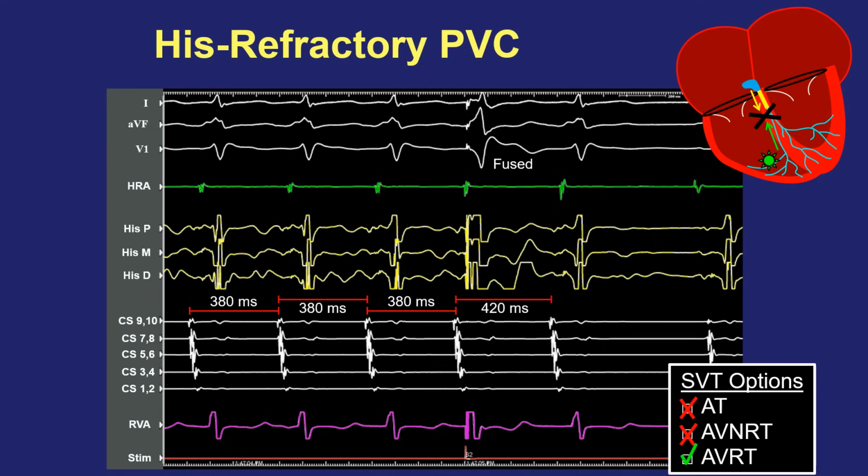This early ventricular beat came at a time that the accessory pathway had a relative refractory period occurring. It wasn't absolutely refractory because then you wouldn't have gotten up to the A at all and you would have terminated the tachycardia like a previous example that I showed. But if this PVC occurs and the accessory pathway is in its relative refractory period, then you could get slowed conduction up that accessory pathway and still get to the A, and either the tachycardia may continue or you may have